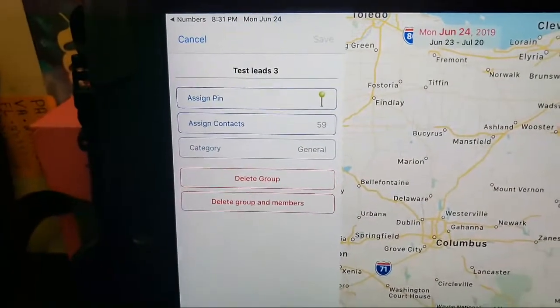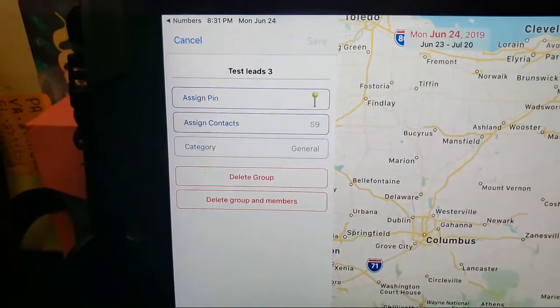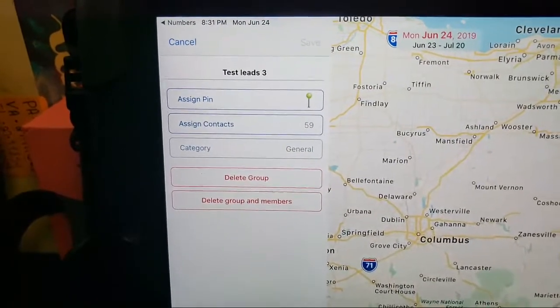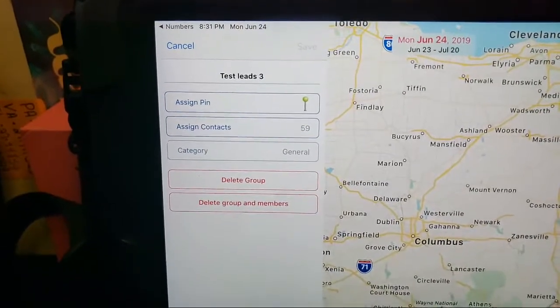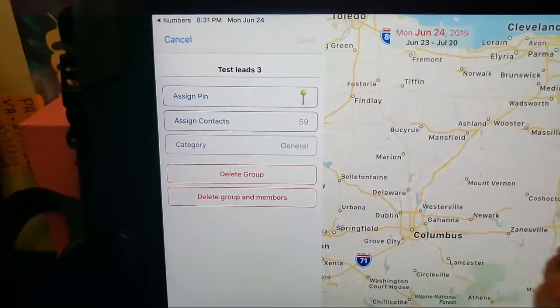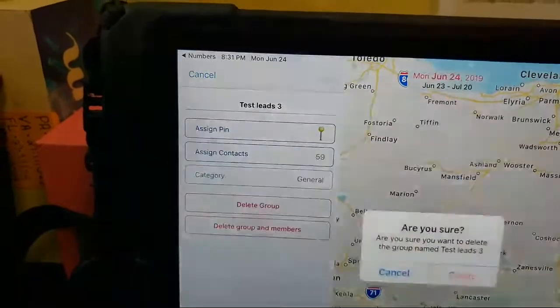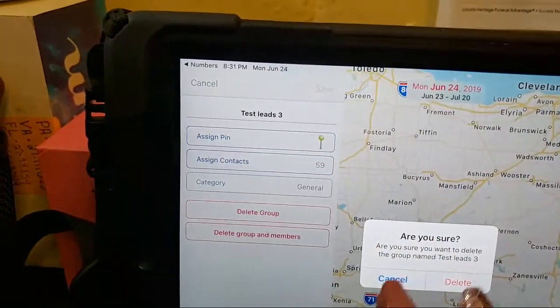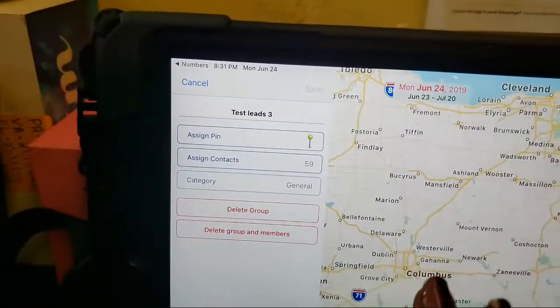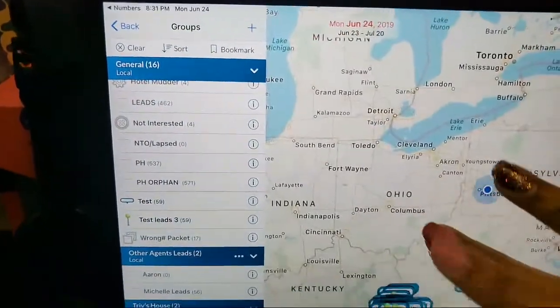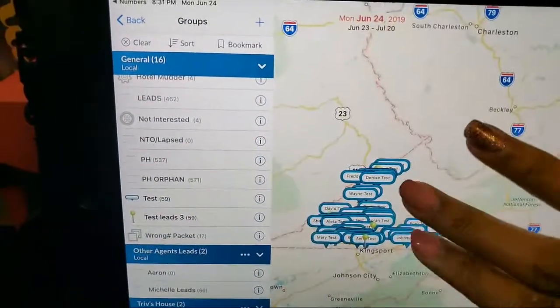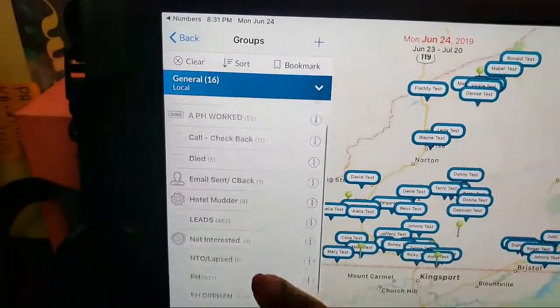It's going to pop up delete group or delete group and members. If you delete the group and the members, you have deleted all of those leads and you will have to do it over. You only want to delete the group. Okay. Now I'm going to not delete it right now because I want to show you something. Right now, here are the leads. I want to go back through,